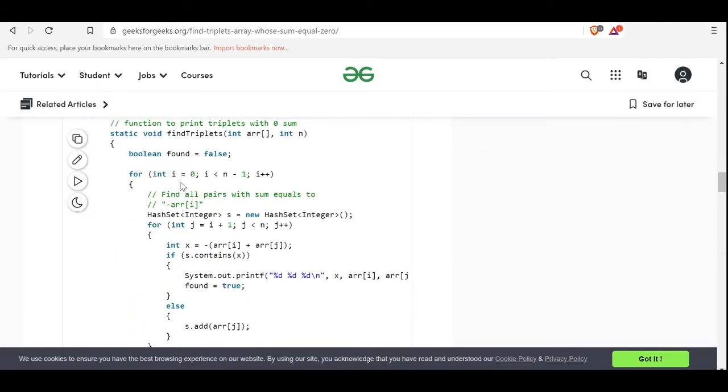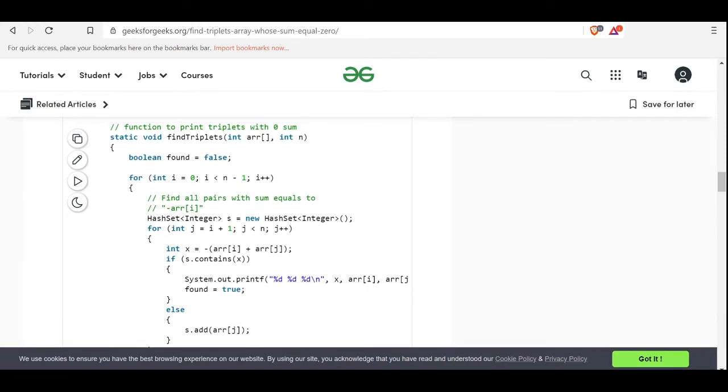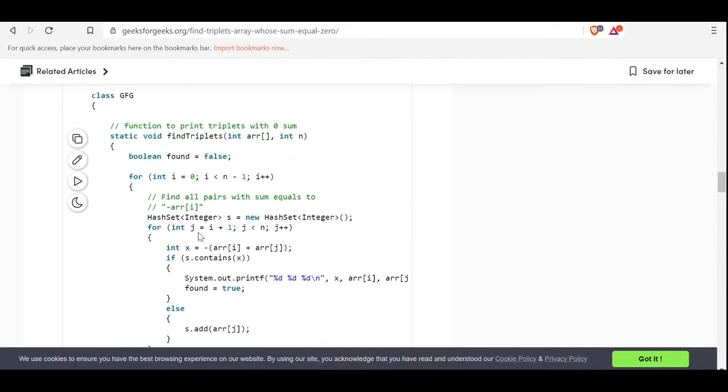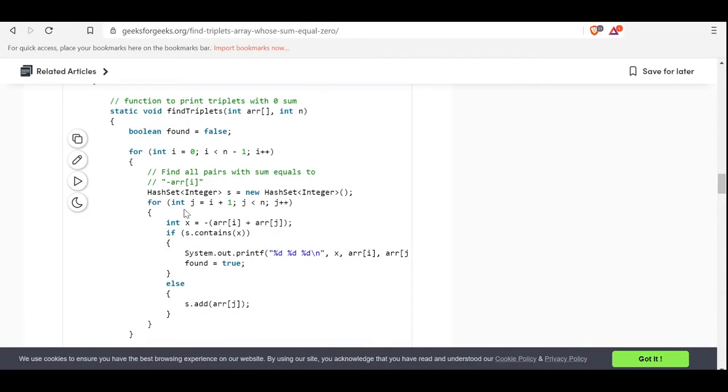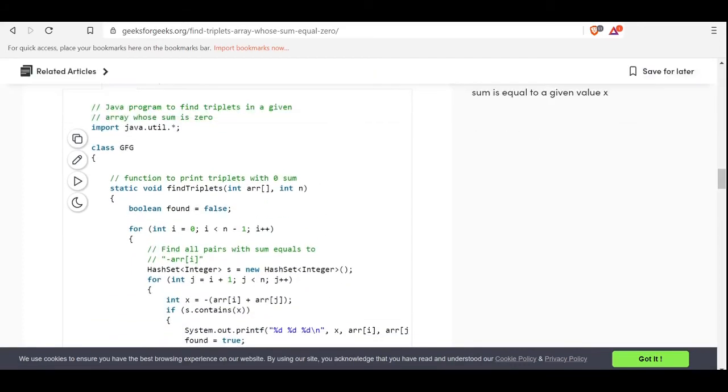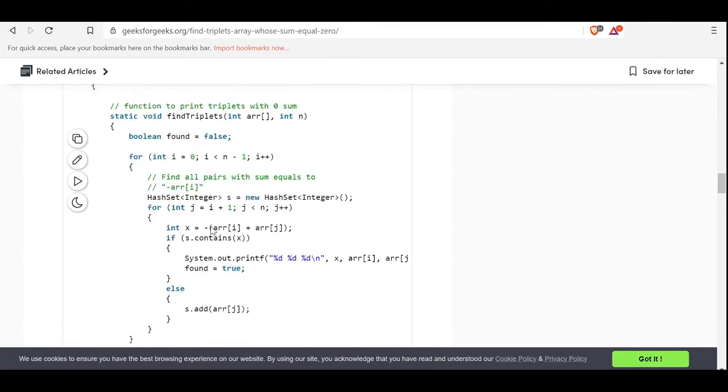What they have been doing is find triplets. They have been saying that, okay, we'll find every element. I'm starting with I. Have you ever declared S?